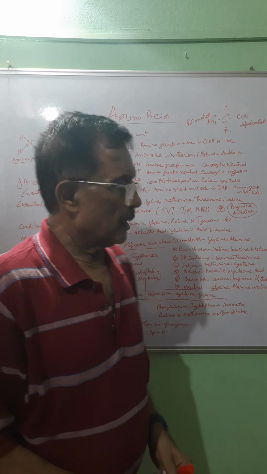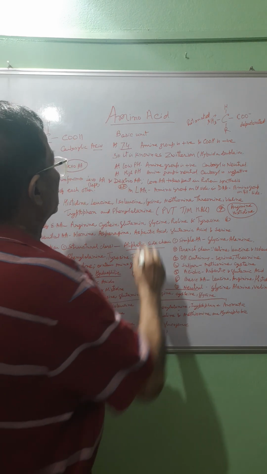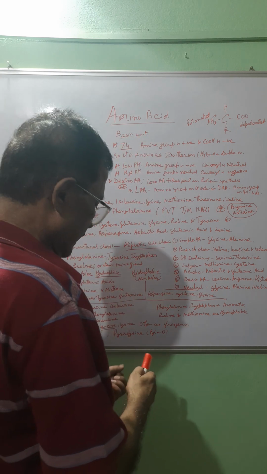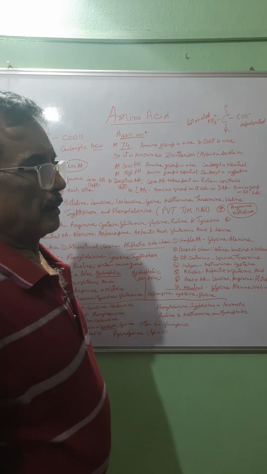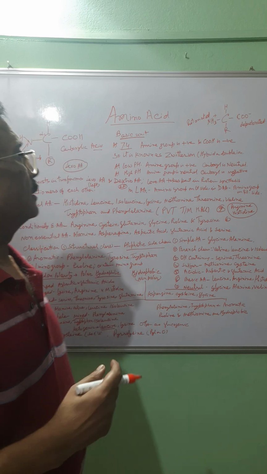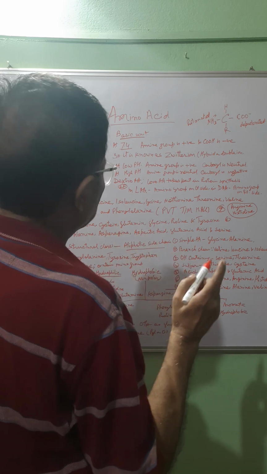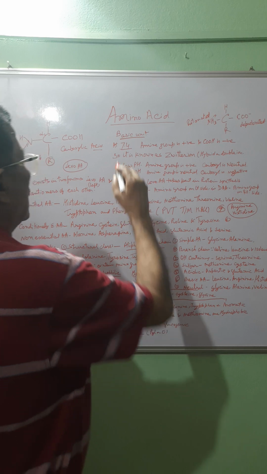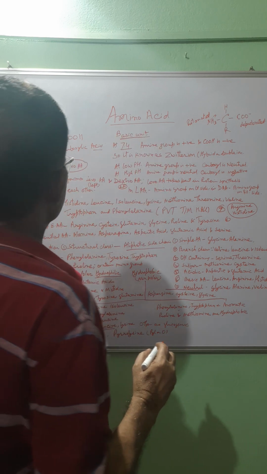Amino acid is the basic unit of protein. Proteins are made by amino acid. Different types of amino acid form or synthesize this protein. This is the basic unit or building unit of protein. Chemically, it is